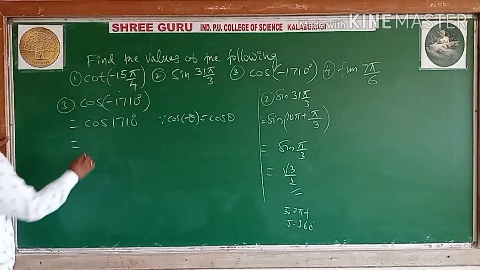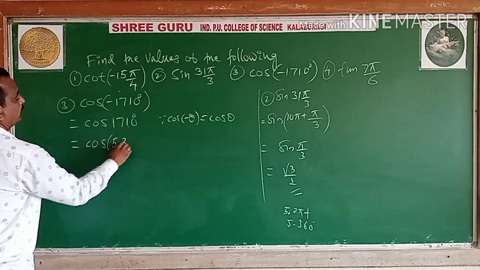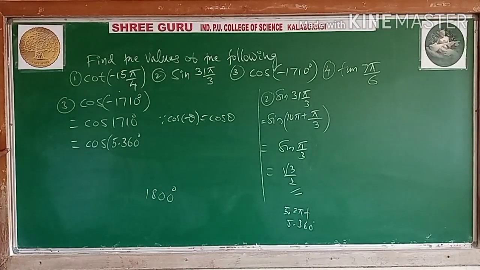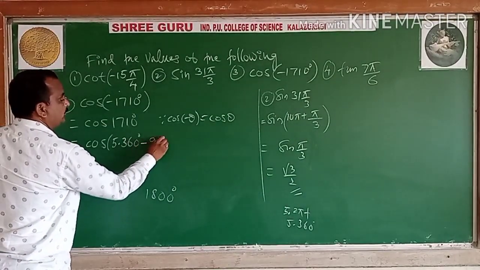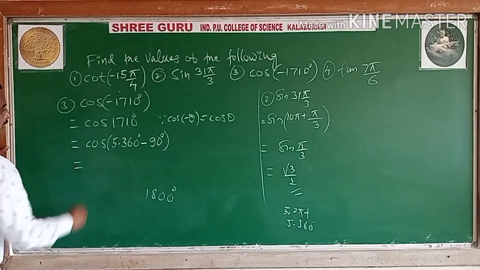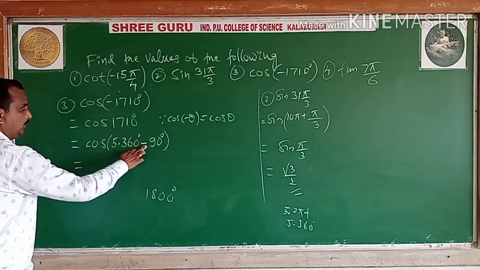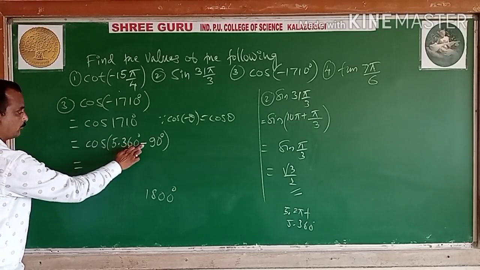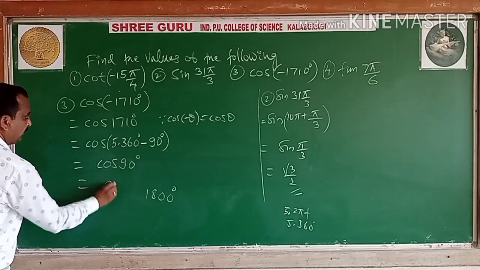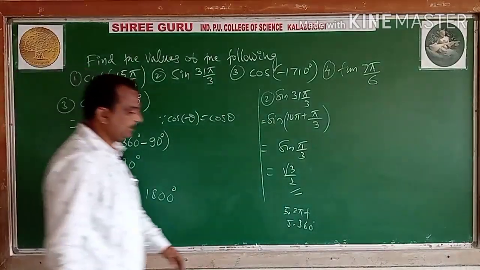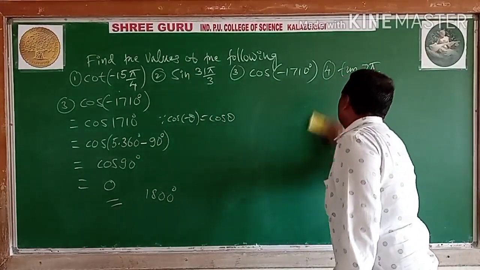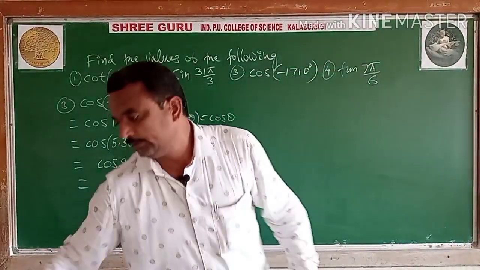The next, 1710. So 5 times rotation. 5 times rotation means how much does it become? 1800 degree. We want 1710 degree. You have to subtract, how much is it? 90 degree. 90 degree is a standard angle. So which quadrant is it? It falls exactly on the quadrant line, but you should take minus, so the fourth quadrant. In the fourth quadrant cos is again positive. What is the angle here? 90 degree. What is cos 90 degree? 0. Cos 90 is 0. Like that you should calculate the example, students.